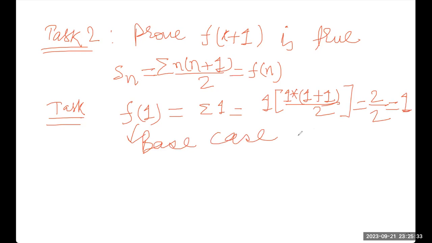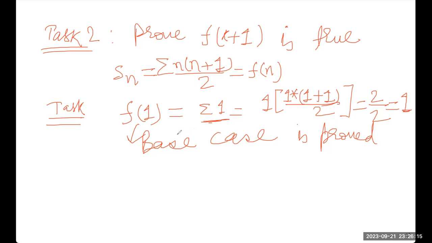So my base case is proved. How is my base case proved? Because I considered summation of 1. I know that summation of 1 is equal to 1. Now I have applied the formula n into n plus 1 by 2, with n as 1: 1 into 1 plus 1 by 2. I get 2 by 2, which is equal to 1. So LHS is equal to RHS. So my base case is proved, that f of 1 is true.